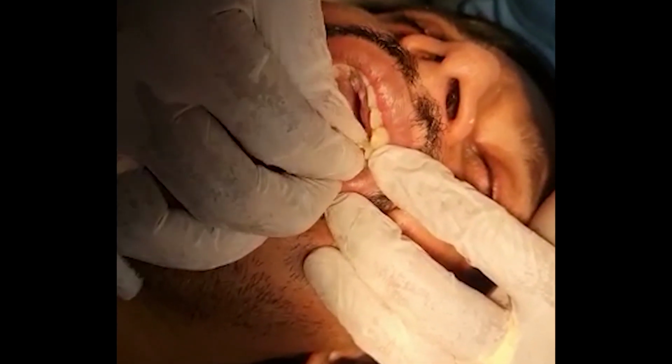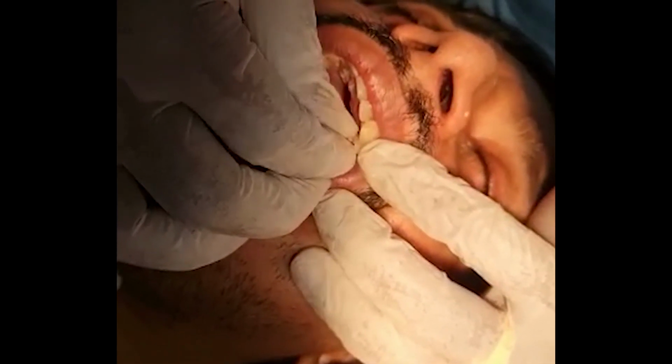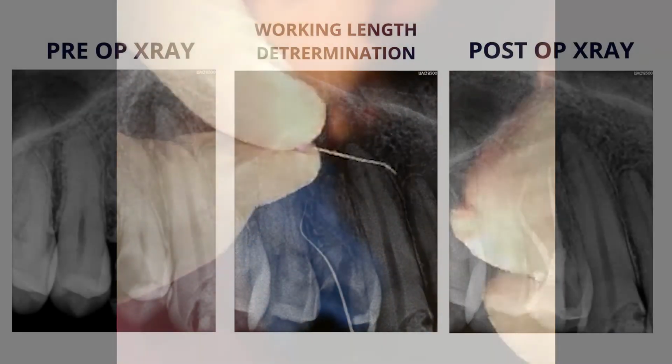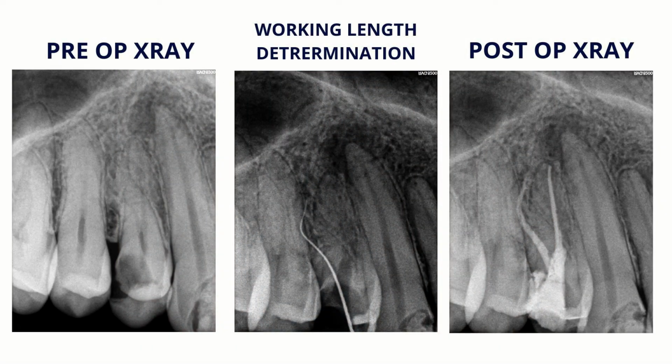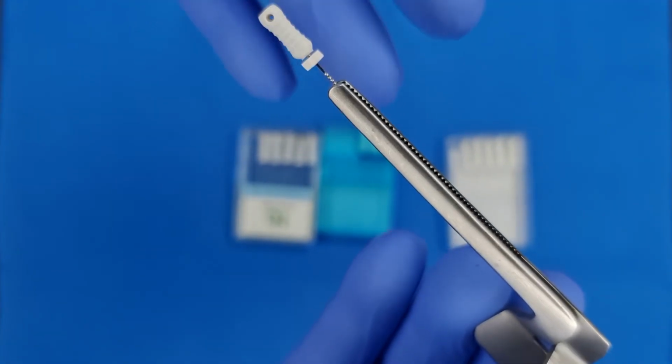But with Hanudent, you can see that I have done it more than 10 times and it is only slightly unwound, and you can see the impression of the curvature in the file. You can see the X-ray of the canal having the file in it. This clearly indicates that this has got good resistance to unwinding and at the same time enough flexibility to move past the canal curvatures.